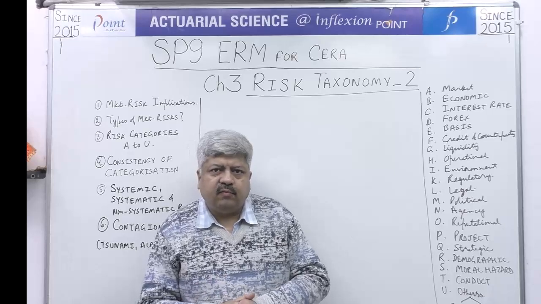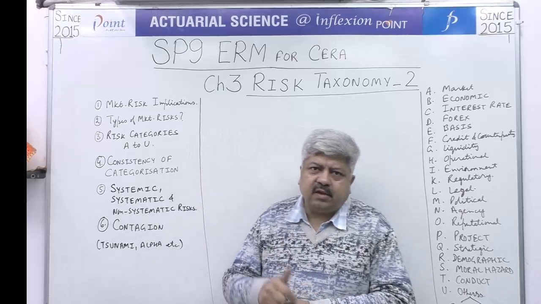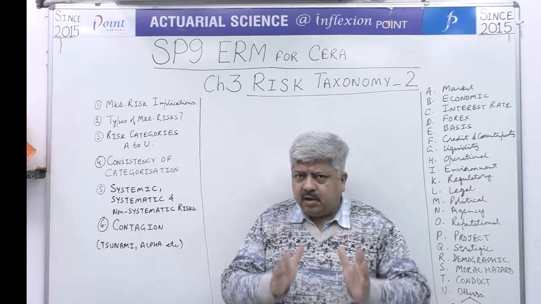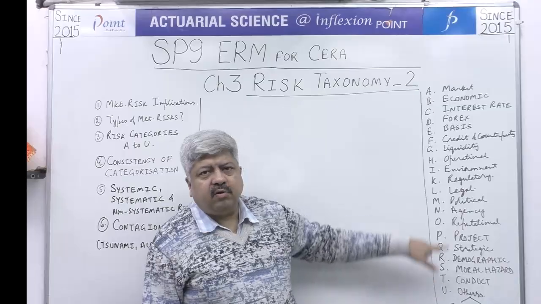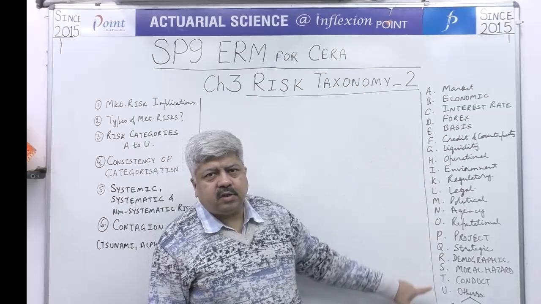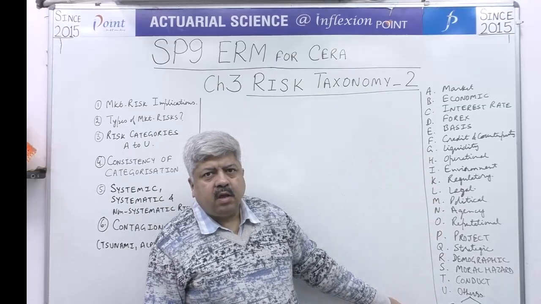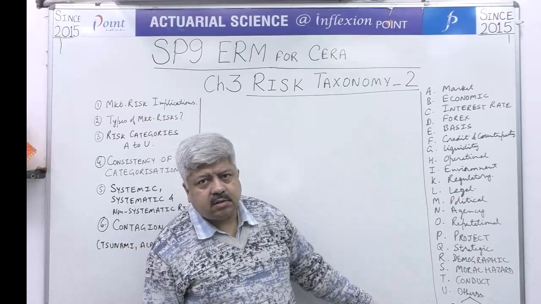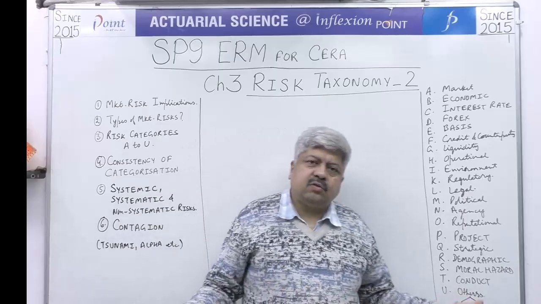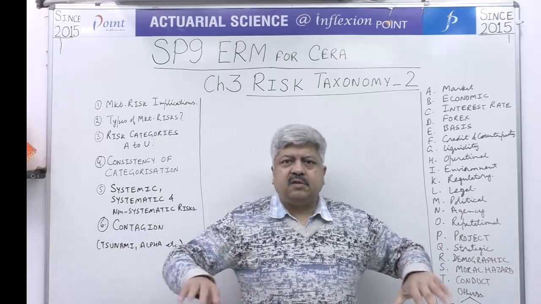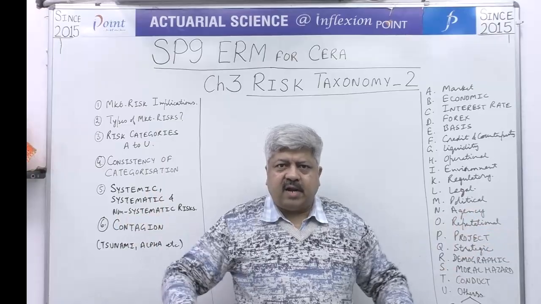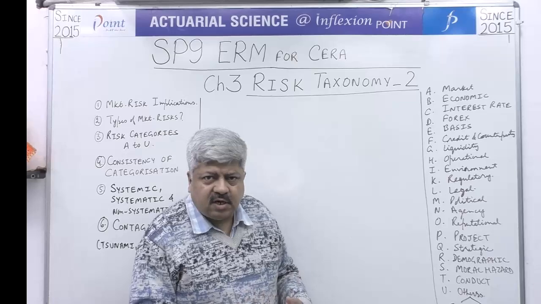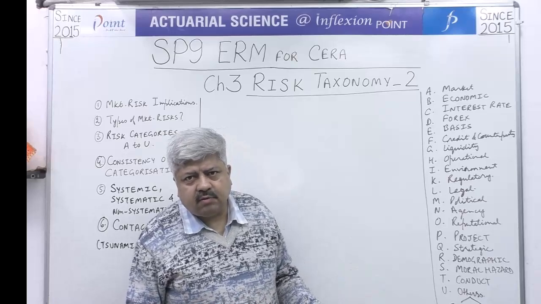Now, why am I raking up the actuarial control cycle in the chapter called risk taxonomy? With this in mind, look at the list again. You will find that all of them relate to the external environment. Any aspect of the external environment that can change can be a source of risk. Of course, it can change favorably, so that is the upside potential of that risk. But it can also change adversely, so that is the downside potential of the risk.